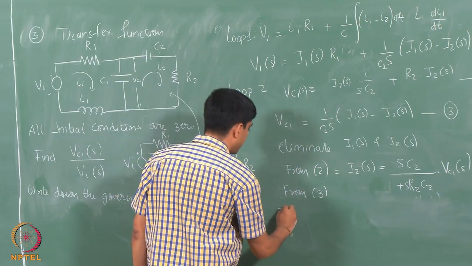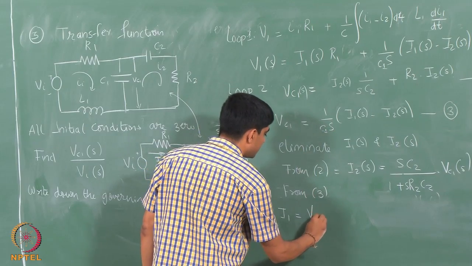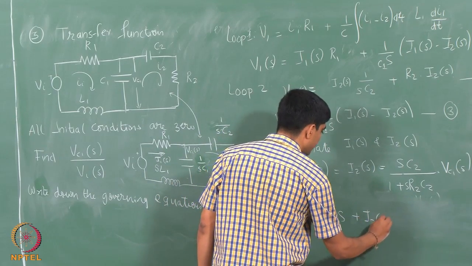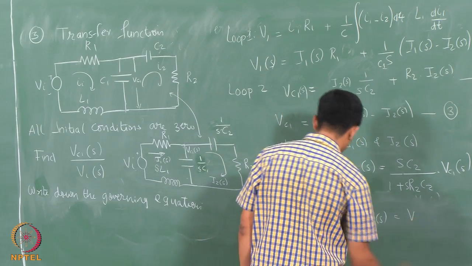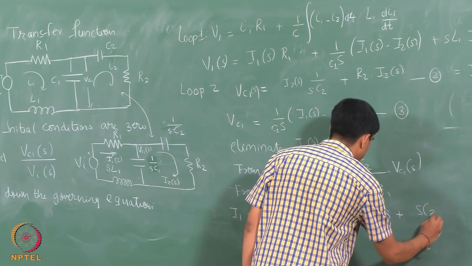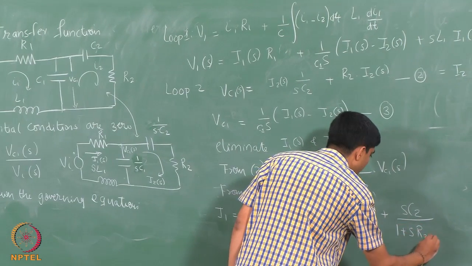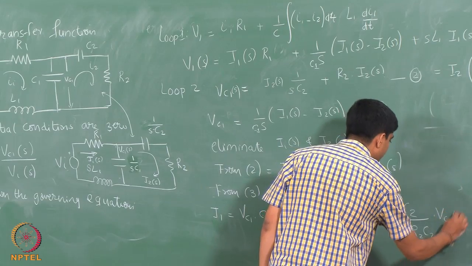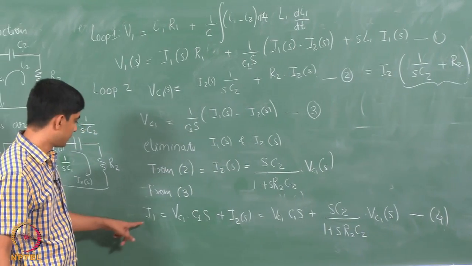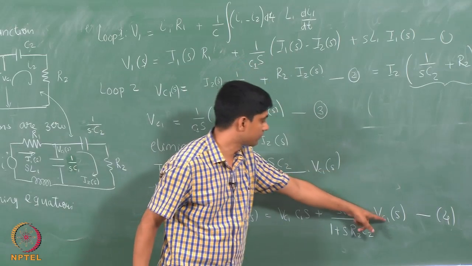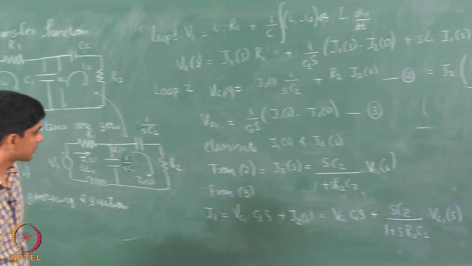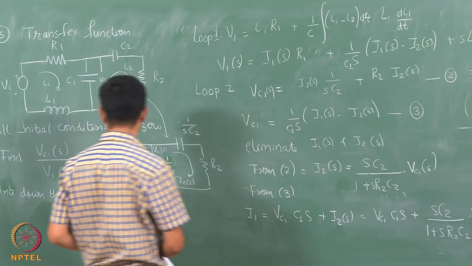what we have is I1 is VC1 times C1 S, right, this goes here, plus I2 of S. Okay. So, this is VC1 times C1 S plus what is I2 of S, this entire thing, S C2 over 1 plus S R2 C2 times VC1 of S. So, I will call this 4. Okay. So, my equation 4, I eliminated I1. So, I1 could now be written in terms of VC1, I2 can also be written in terms of VC1 from this expression here, and so I can put these guys here to get my final expression in the following form: